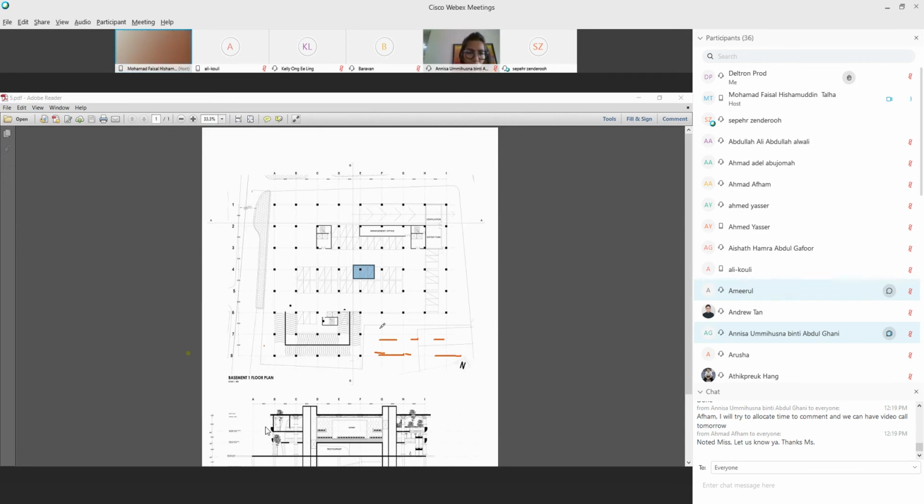Already calculated. So this one is the boundary. Yes, this is the boundary. Then what's this? There's a road there. Yes, this is the back road.